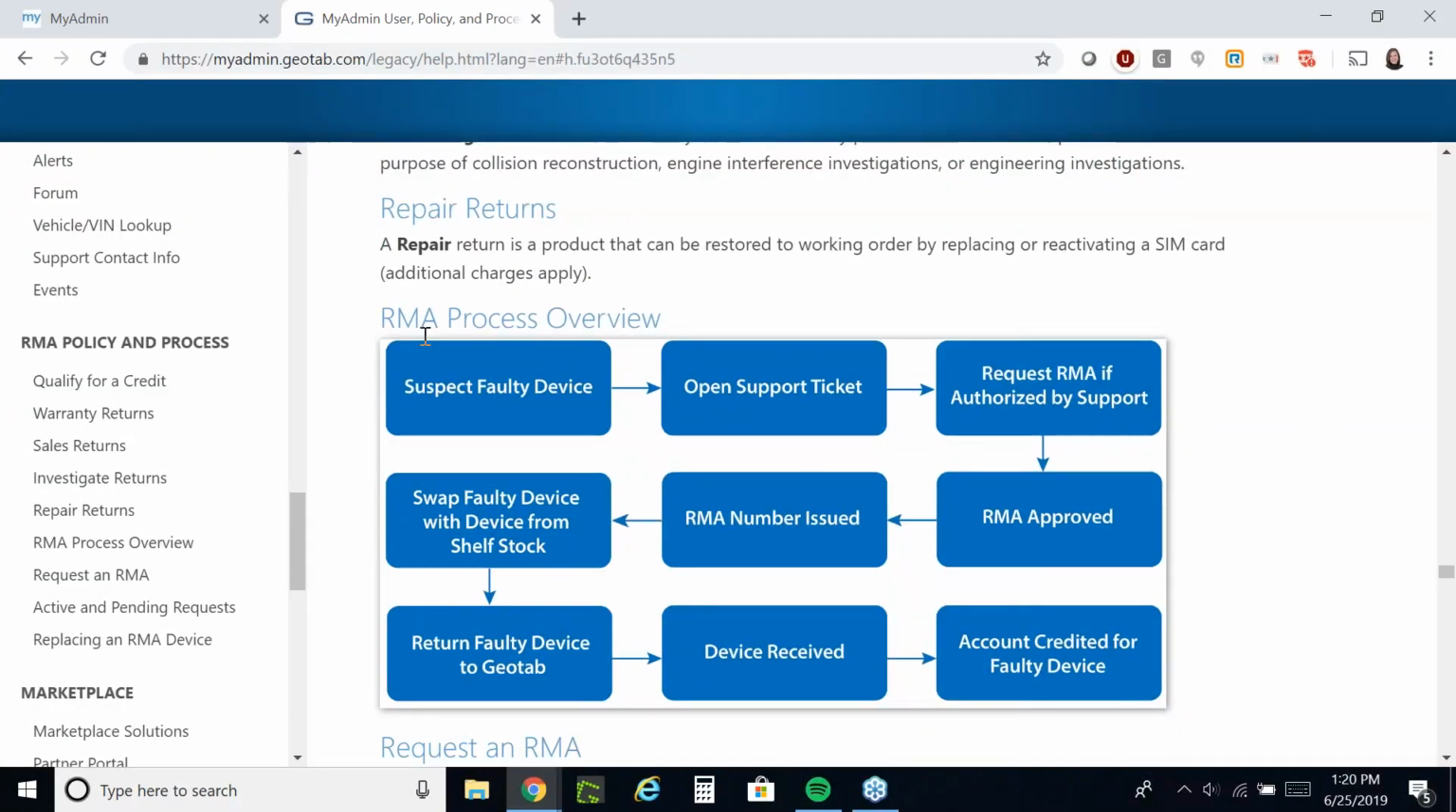RMA Process Overview. I think I had this in our last update in terms of RMA, so this really isn't anything new, but it's a great, easy flow to follow. You suspect the device is faulty, you do your troubleshooting, you can't answer the questions, you open a support ticket and work with engineering, they suggest an RMA, you request your RMA, you get the RMA approved, the number is